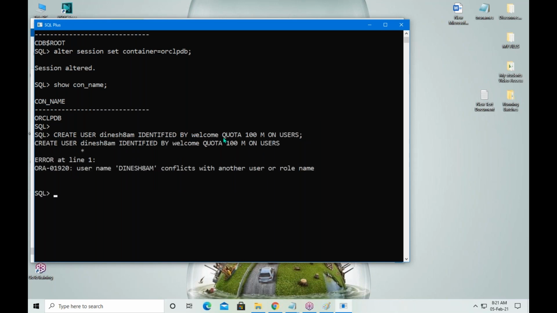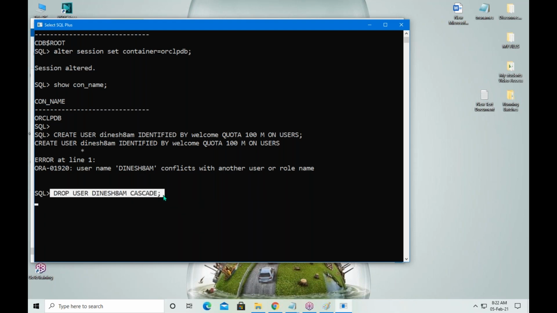The username already existed. In the old batch, maybe I had the same username. How to delete the old user account? Drop user username cascade. For deleting a user account, use this command.